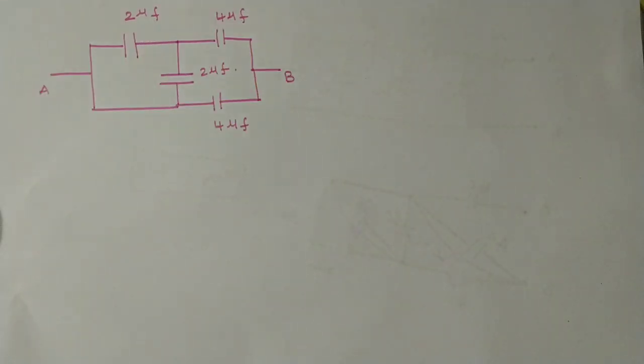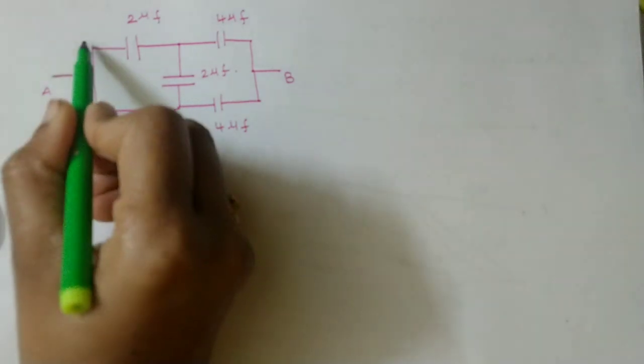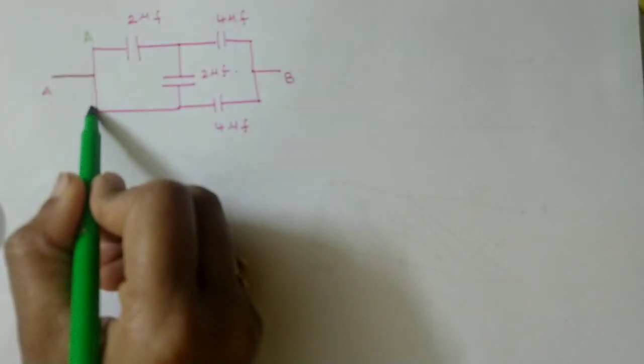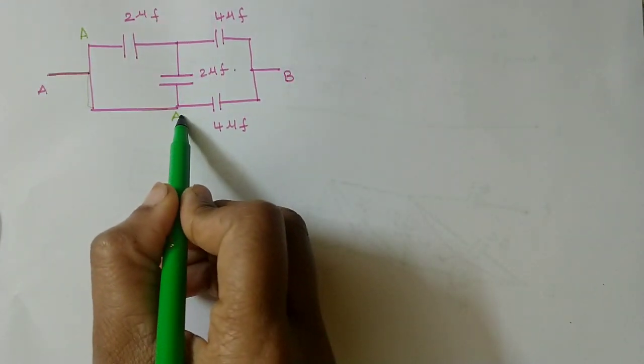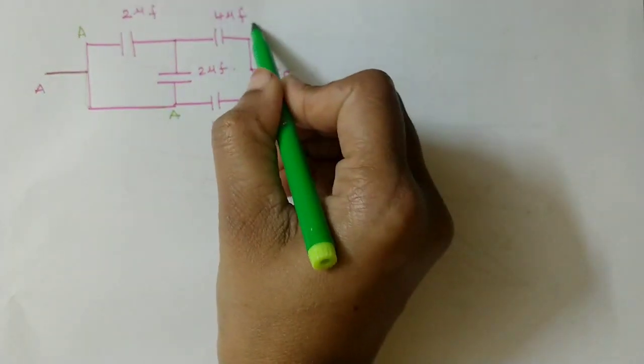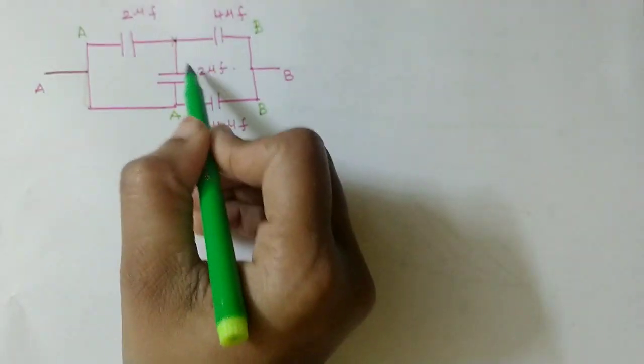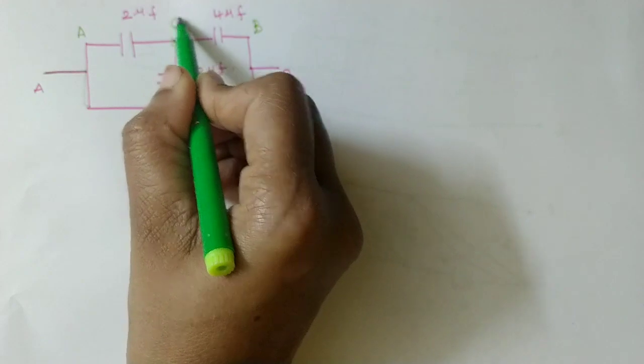Now observe this question. Here we are unable to identify which are in parallel and series combination. For such type of questions, it becomes easy if you name the terminals and solve. So start with one end. If this end is A, we can write the same name because all these are metal wires. Even this is A. Now this end is B, so this will be B and B. And I'll call this junction of 3 capacitors C.